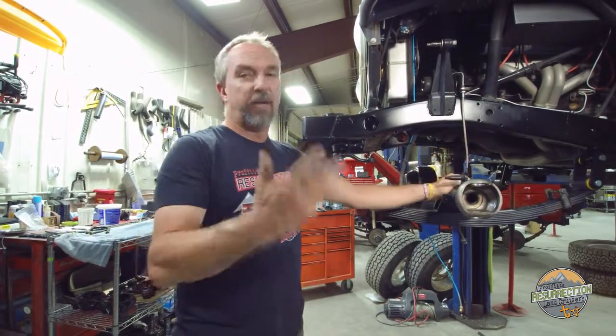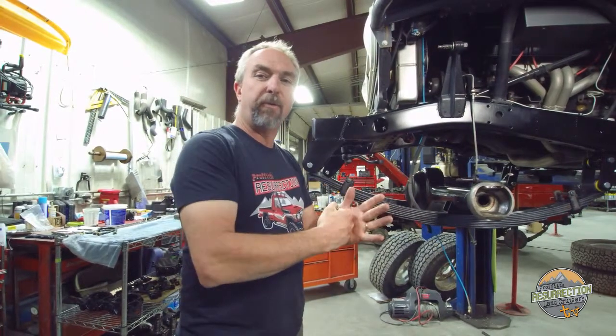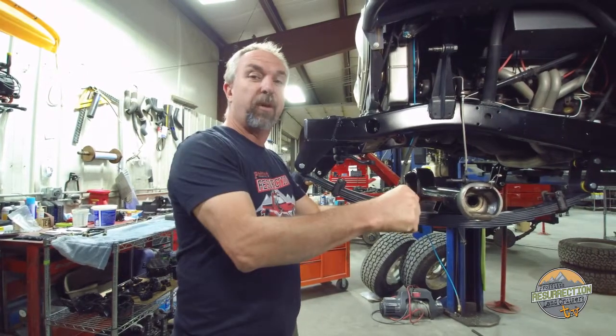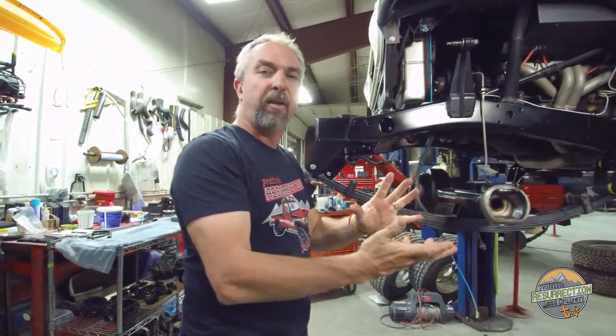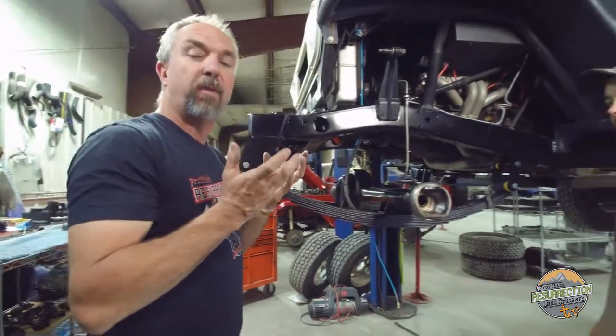As opposed to the factory design where the axle would be swinging forward. So as you hit a bump to compress the leaf spring, the axle used to get shoved into the bump. And so that makes for a lot harsher ride. We do the shackle reversal so that the axle is being forced up and away from the bump, and it